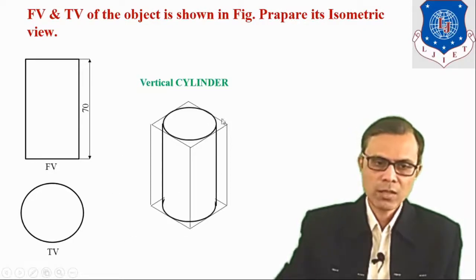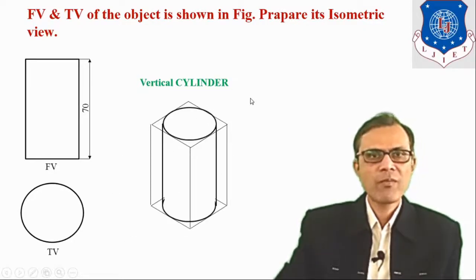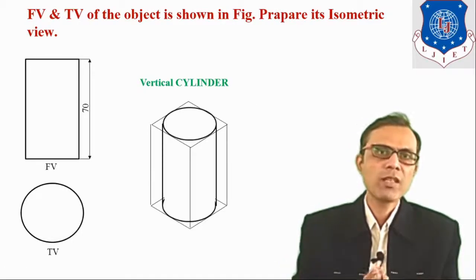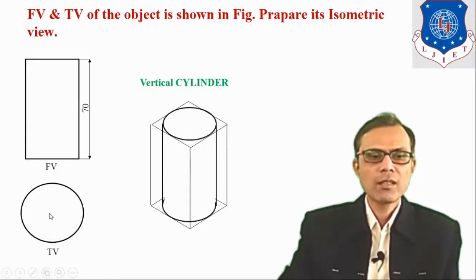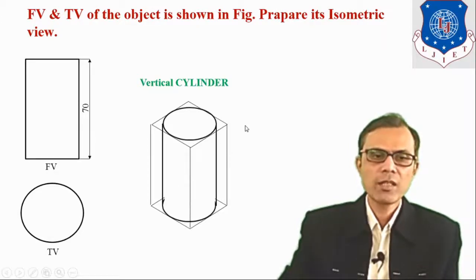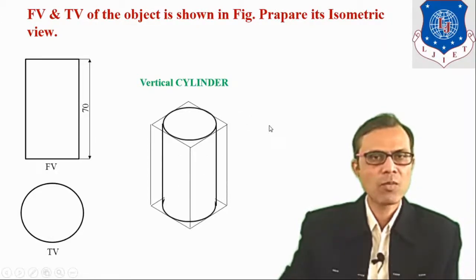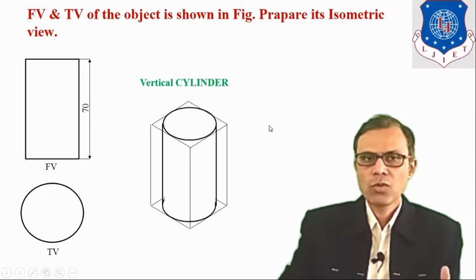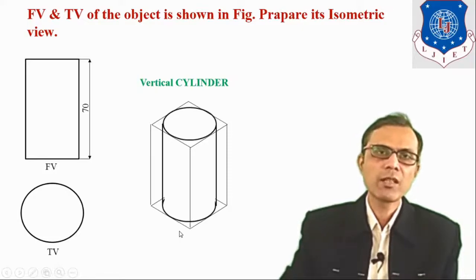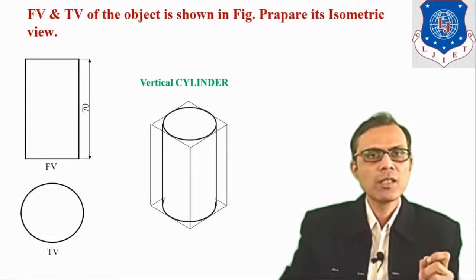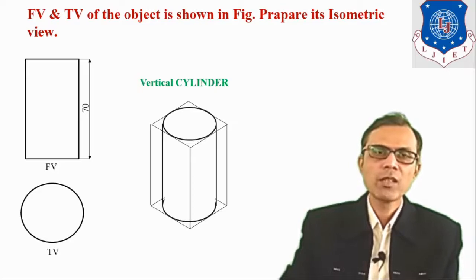So here this block is to be prepared first, and its orientation would be such that height is 70, so it will become like a cylinder. You can visualize the given object. So it is a vertical cylinder. In the first step we will draw the three-dimensional block, and after that to draw the isometric circle, that is the top base and bottom base of the cylinder, we have to apply the same procedure, that is the four center method, to draw an isometric circle. So it is a vertical cylinder.